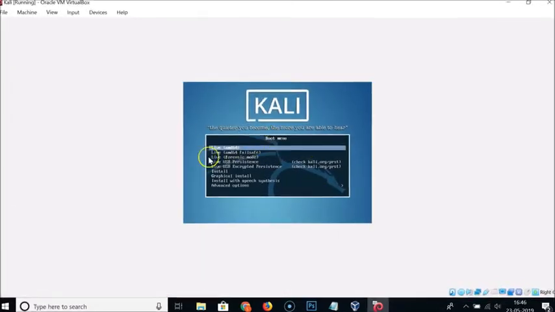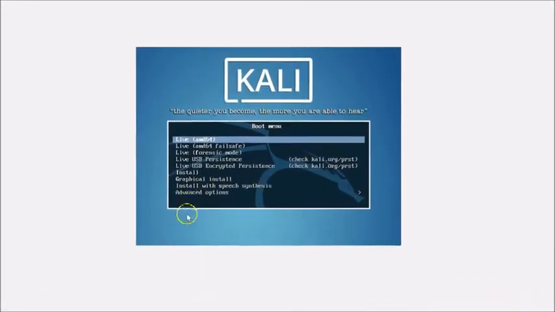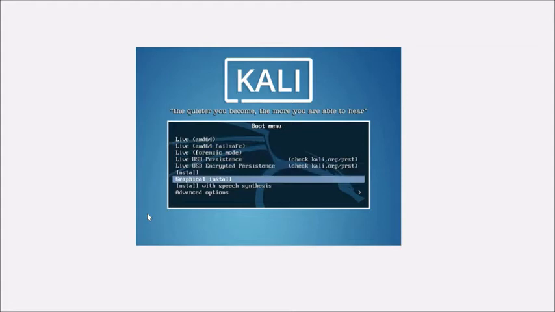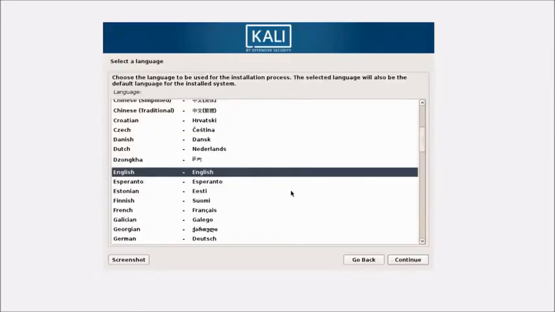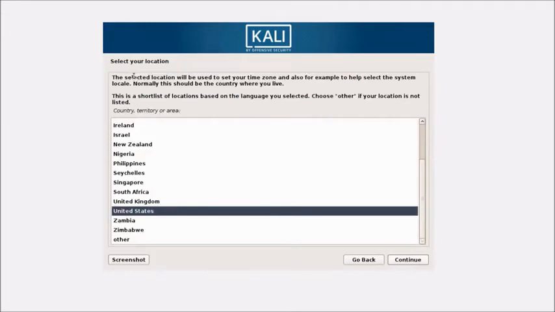Okay, so here we have the interface. Just use your arrow keys, the downward arrow key, and go to graphical install, and then hit the enter key on the keyboard. And guys, here we have select a language. Just choose your language. I'm selecting English, and then click on the continue button, and just select your location. So I'm selecting mine,